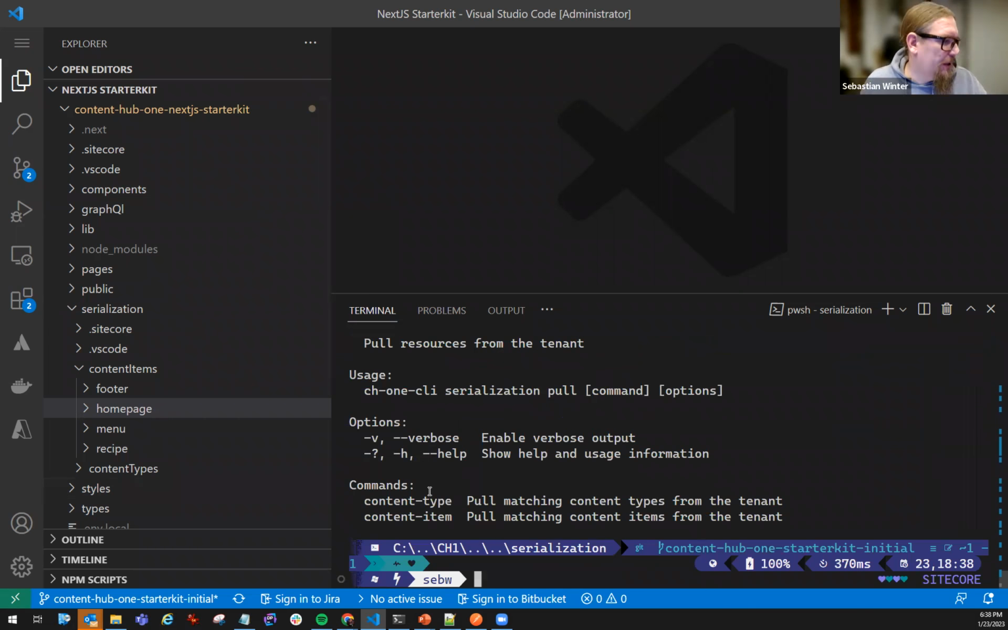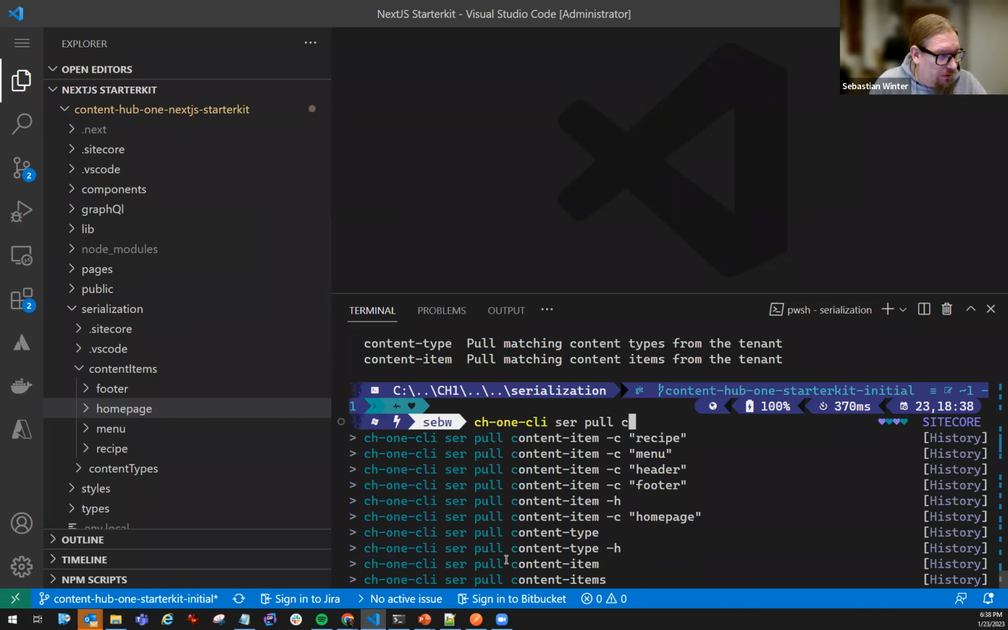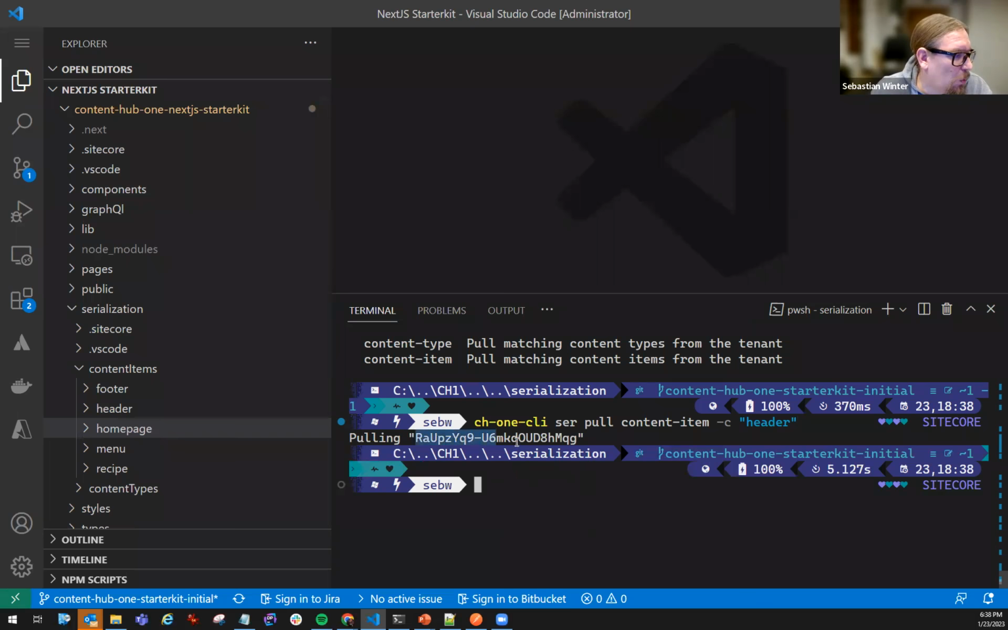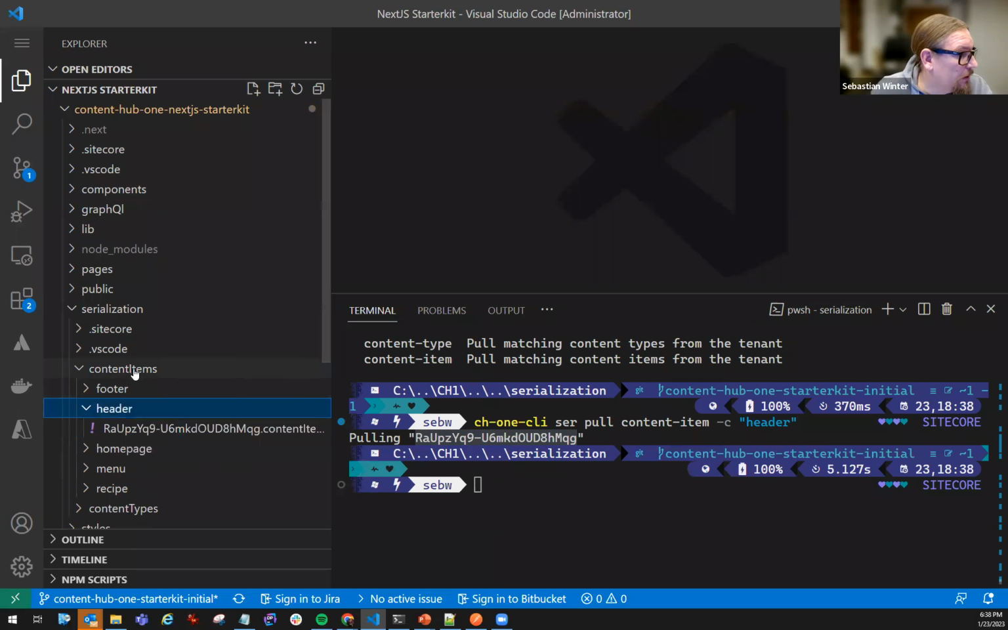So we want to serialize or pull a content item. I've just deleted the header. So let's pull content item, and with a parameter C, we will tell the CLI that we want to pull items of content type header, right? So let's do that. It's looking for content items, and it has found one with that ID, and we can also see that it has created a folder under content items